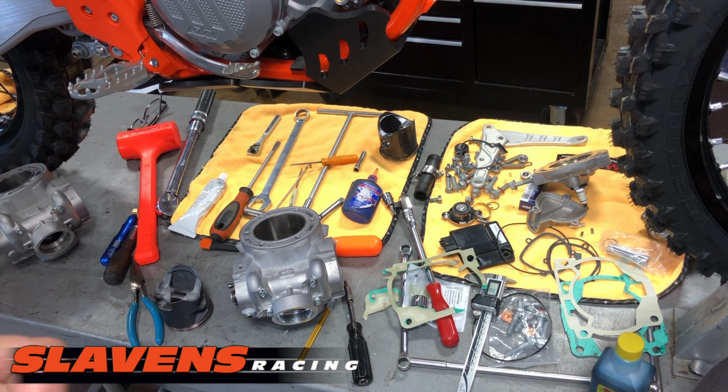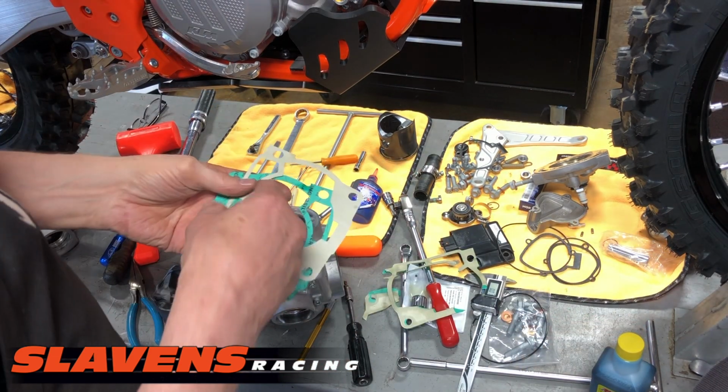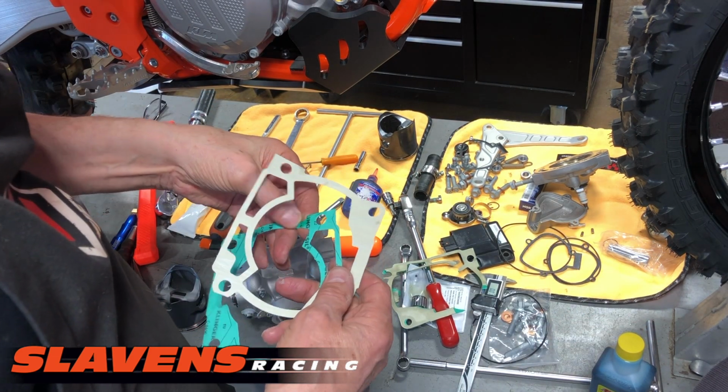This bike belongs to Alex's dad, and he is going to be on the track with it. So he wants it to rev hard, as hard as a 300 can. They don't rev like 250s, but he wants it to rev. So I'm going to keep the dimension on the gaskets the same. I've already got this pulled out, and I'm going to put them on. But before I do that,